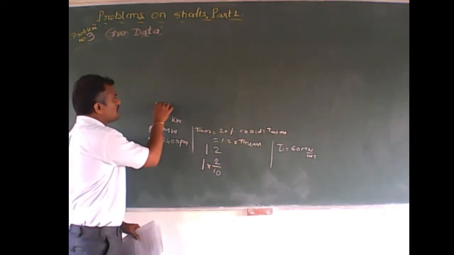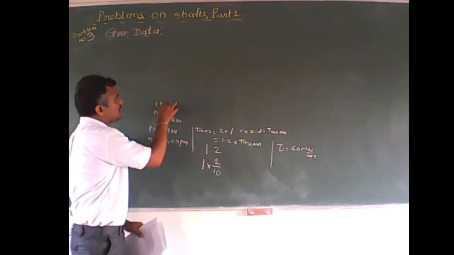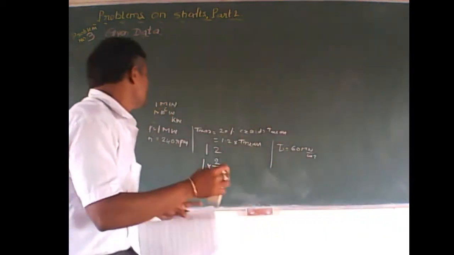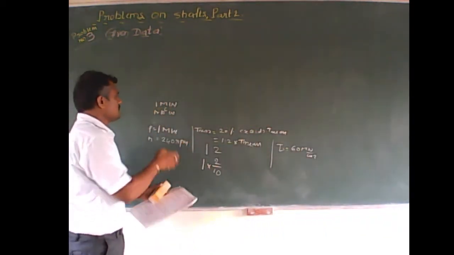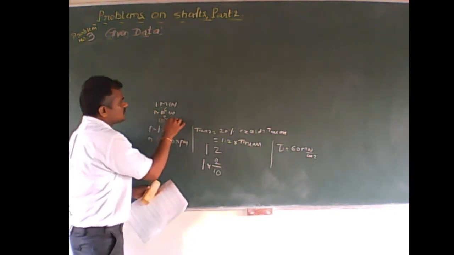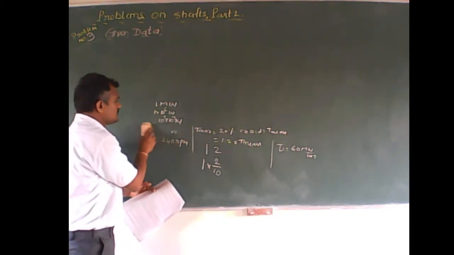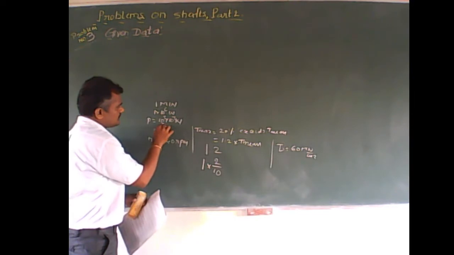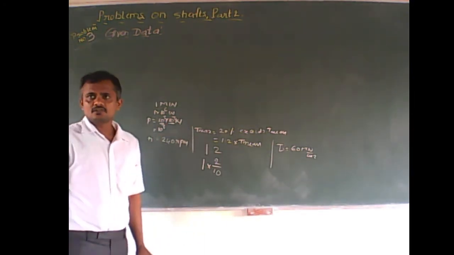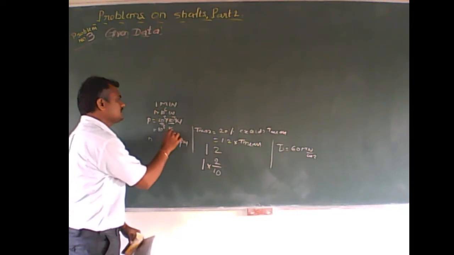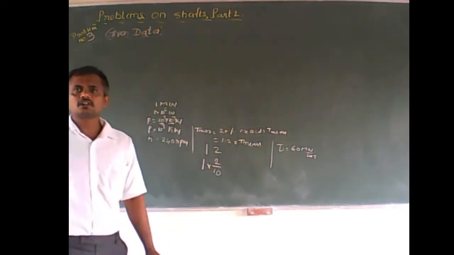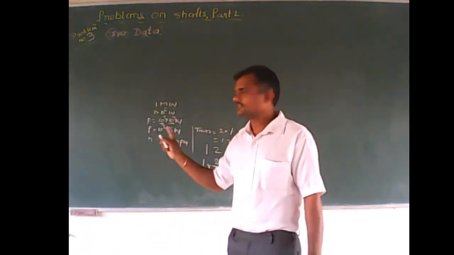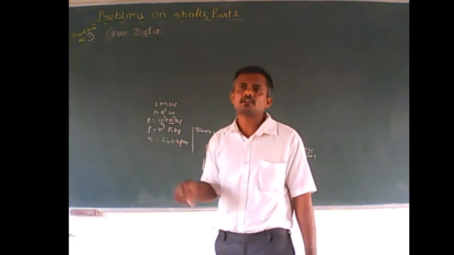As you know, 1 megawatt means 1 into mega, which is 10 raised to 6 watt. If this 10 raised to 6 is divided further, what are we getting? 10 raised to 3 into 10 raised to 3 watts. Here I take one 10 raised to 3, and instead of the other 10 raised to 3 watts, I can write it as kilowatt. So the power given is 10 raised to 3 kilowatt. We can use this to calculate the value of the torque transmitted.